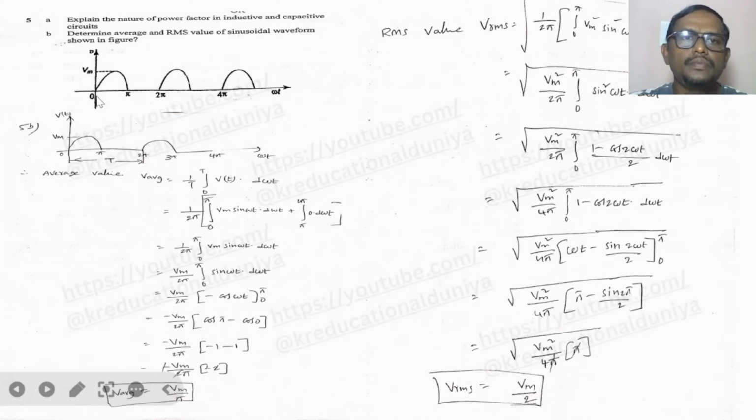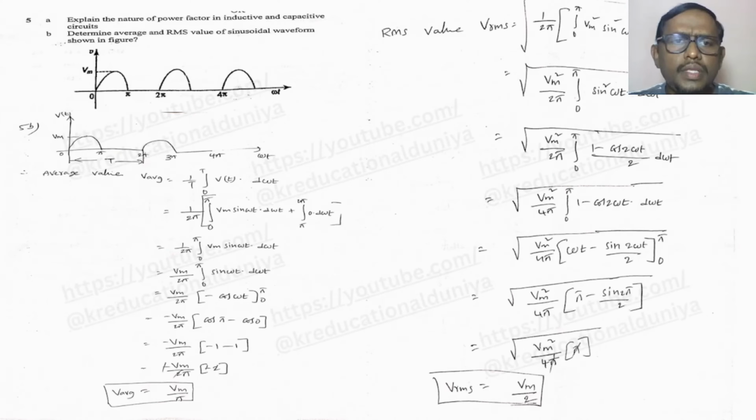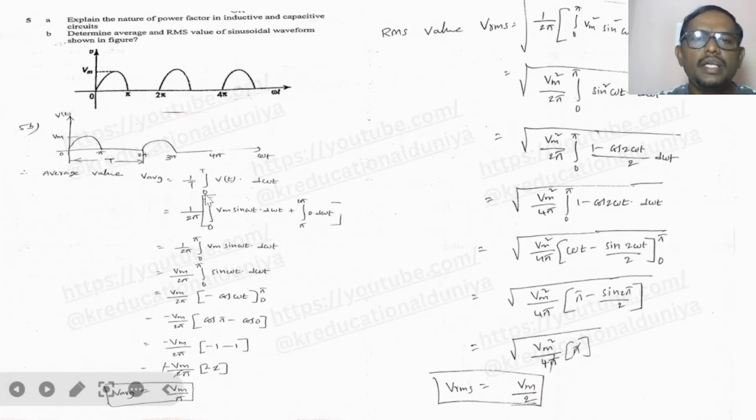Here the complete time period is 0 to 2 pi, and the maximum value is Vm. So here we are finding the average value. The general solution for x average is equal to 1 by T integral 0 to T x of t dt. With that general solution we are writing this equation. So V average equal to 1 by time period integral 0 to T V of t d omega t,